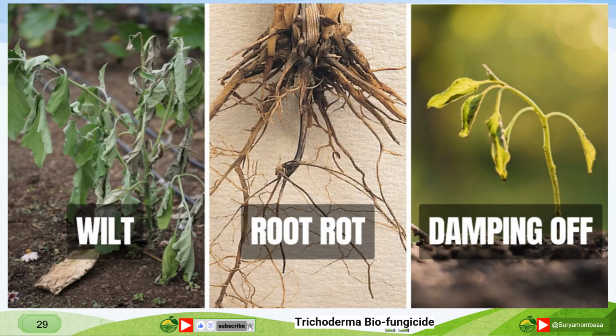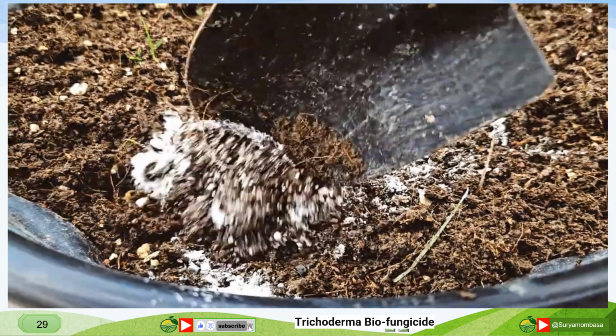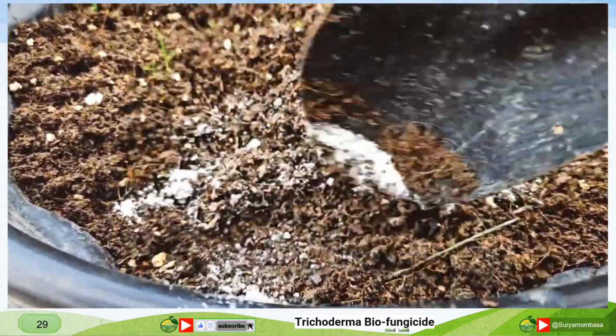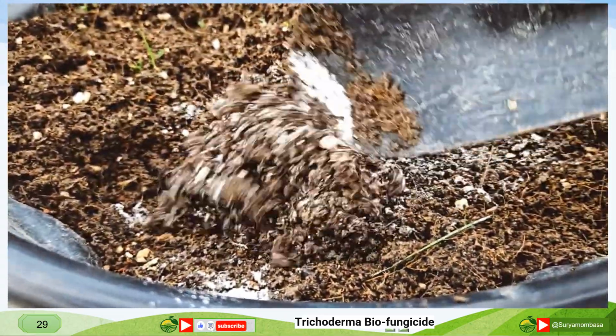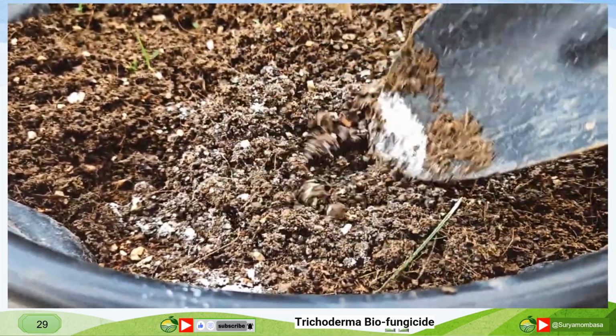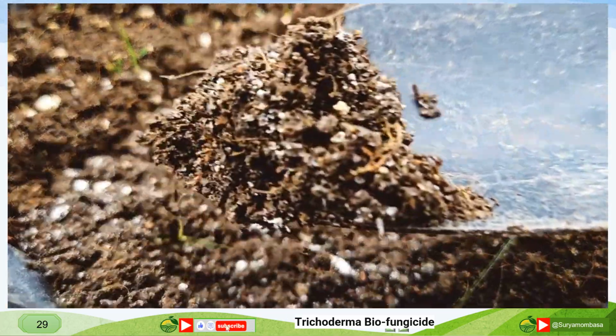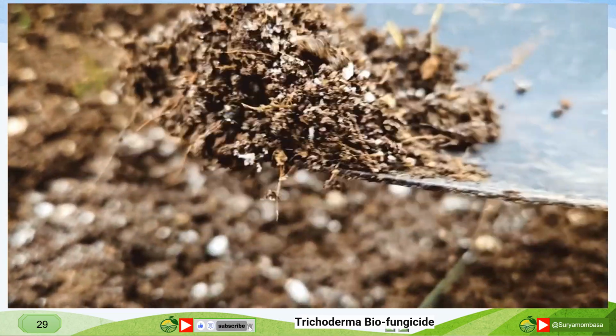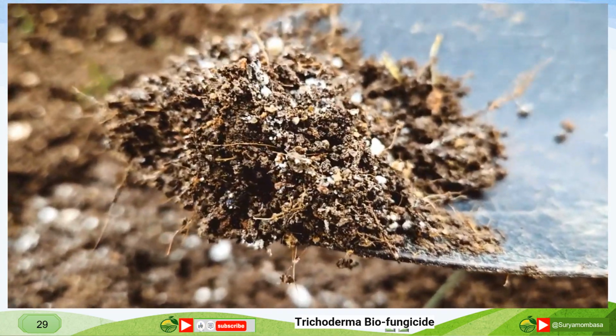Apart from that, the Trichoderma has the ability to degrade complex organic compounds present in the soil. It can convert these organic compounds into a simpler form so that they are easily absorbed by the plant. In this way, the use of Trichoderma in your garden can improve crop yield and performance. That's why it is widely used as a biofertilizer for almost all crops, with or without additional soil amendments.